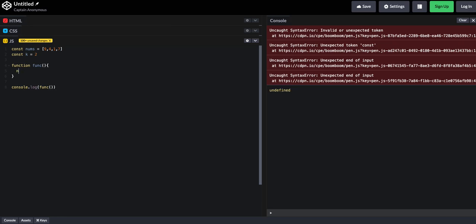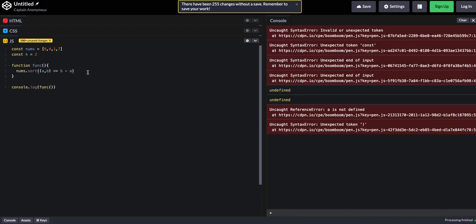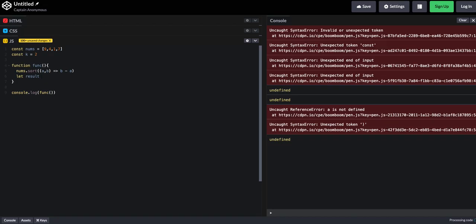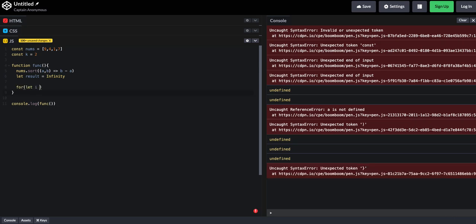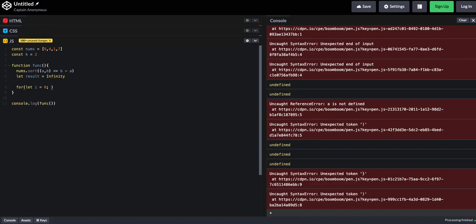Now what we're gonna do is sort the nums, and we're gonna sort it in descending order. And then we're gonna set a result variable. I'm going to set it to infinity. Say for let i equals 0, if i,